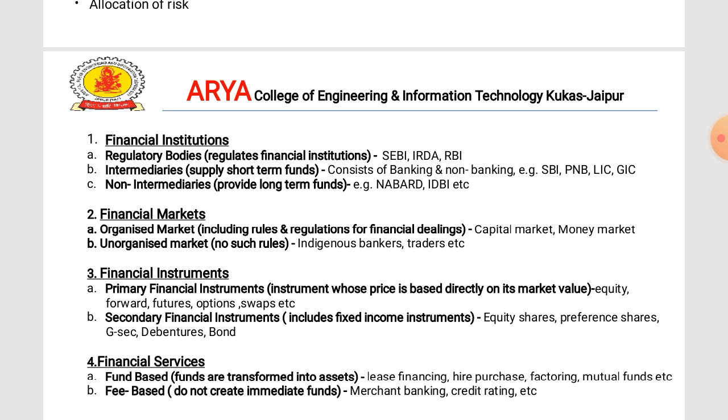There are mainly two types of financial instrument. The first is the primary financial instrument. A primary financial instrument is directly a financial investment whose price is based directly on its market value, for example stocks, bonds, certificates of deposit, bills, and anything else that has its own value. By contrast, the price of derivative instruments such as options, swaps, and futures is based on the value of their underlying assets.